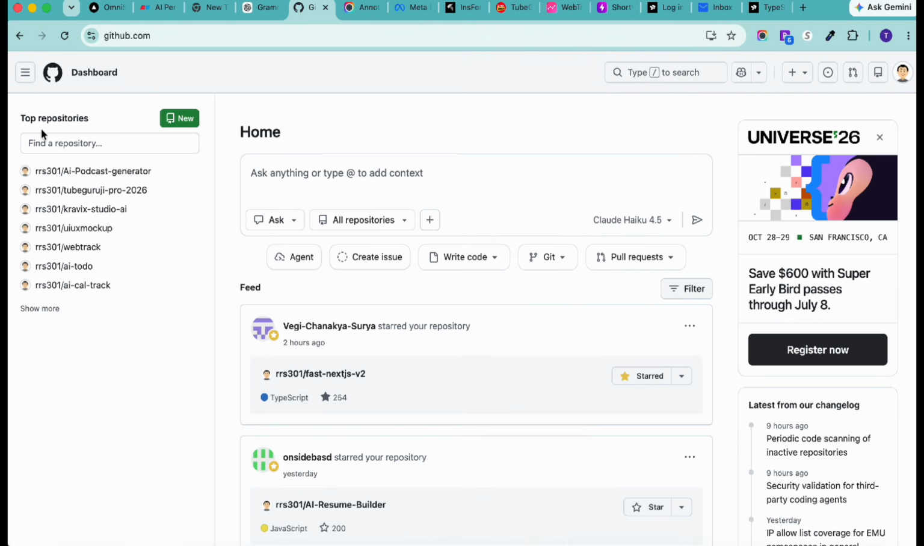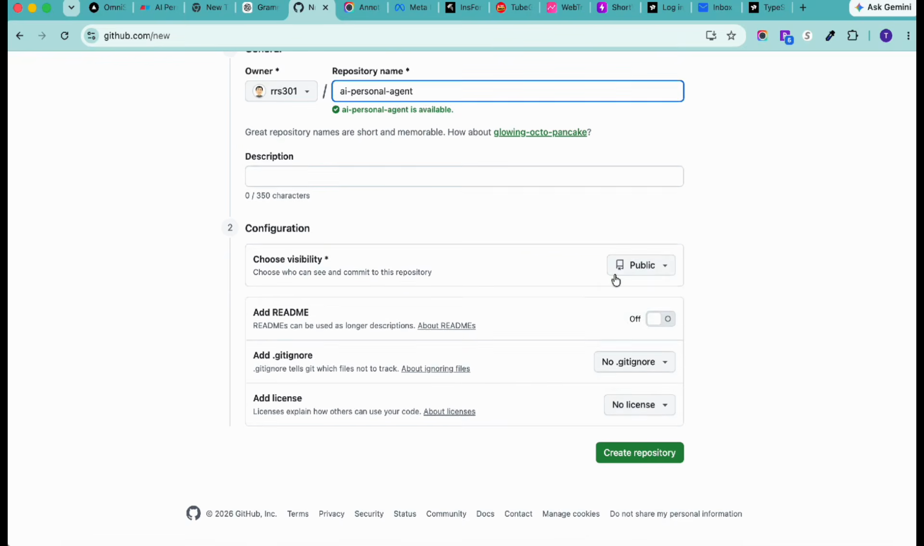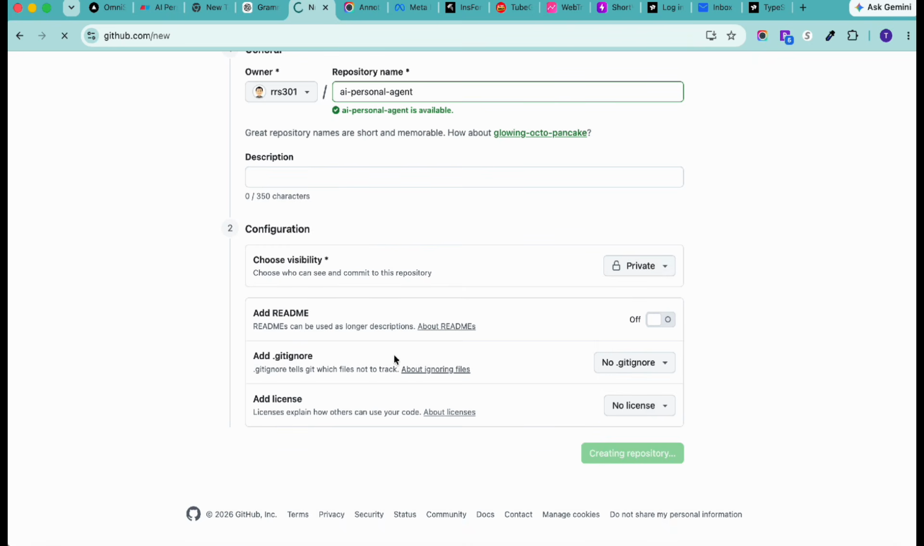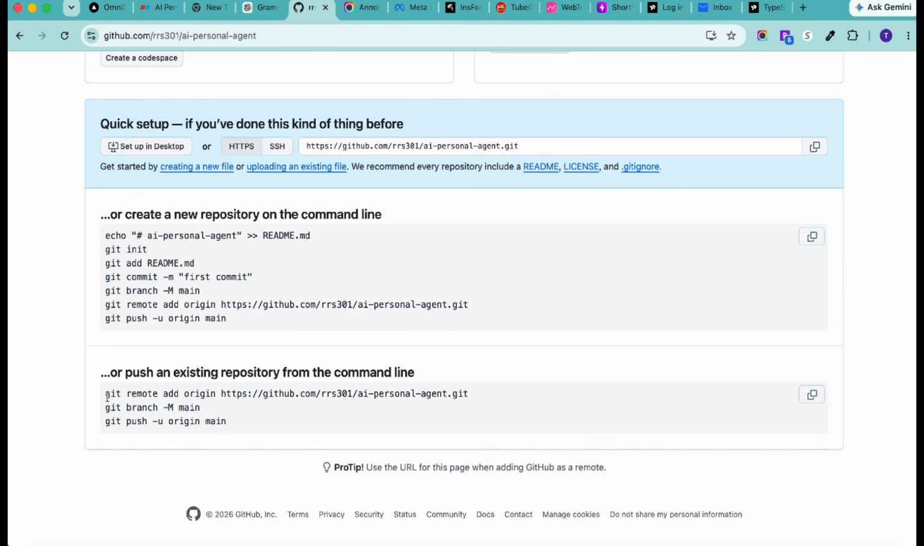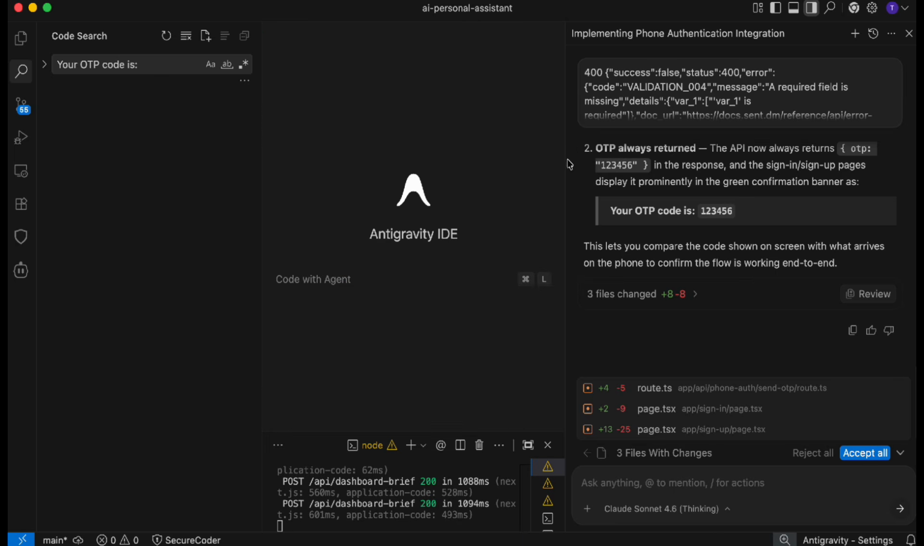Okay, so we'll go to GitHub first and create a new repo and we'll call it AI personal agent. After this, you can keep the visibility public or private, it's totally up to you. And then once you create the repo, I will copy this remote origin, then go back to your Google Antigravity,